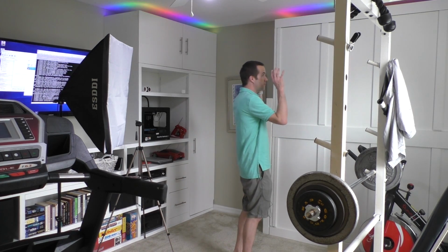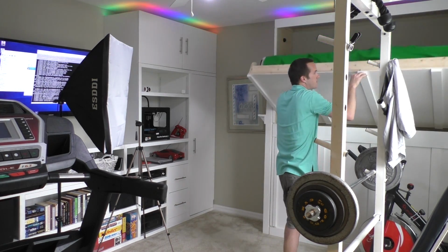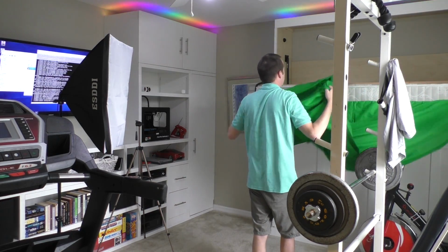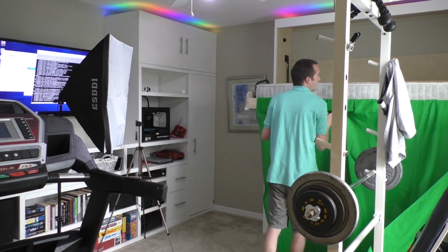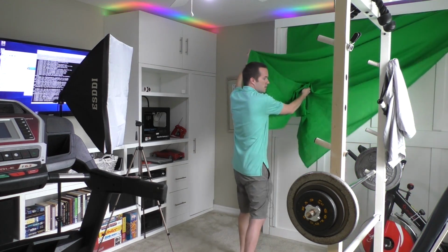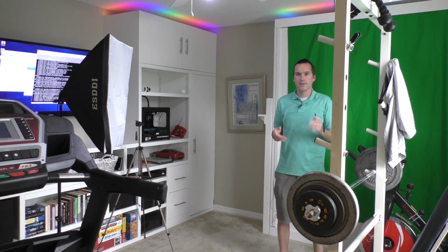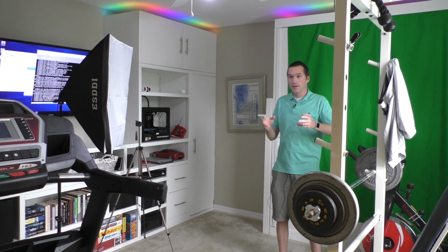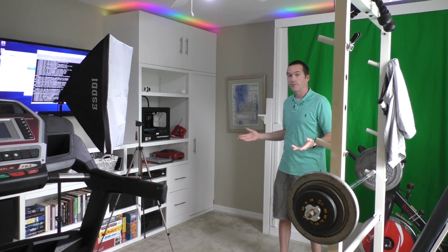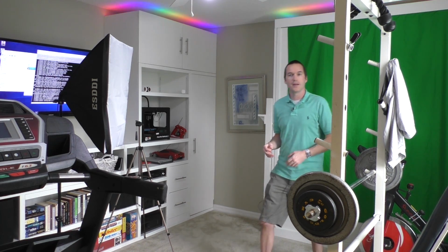And then we can also get down the green screen. So back behind here, behind this top bunk bed, I've got my green screen that I just pull out, shut the top bunk again, and I can sit right here and I can say, today on The Hookup, we're gonna do something like tour my house. And it works perfect, and can set up and tear down in seconds, or maybe minutes rather,